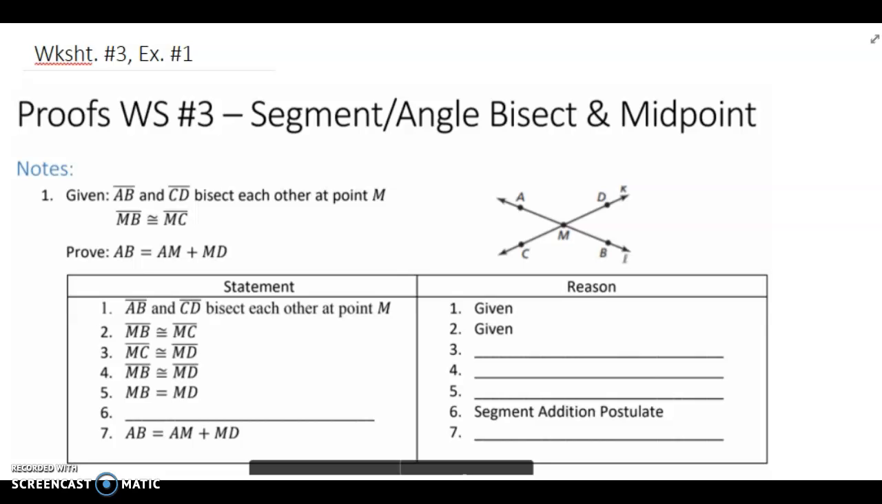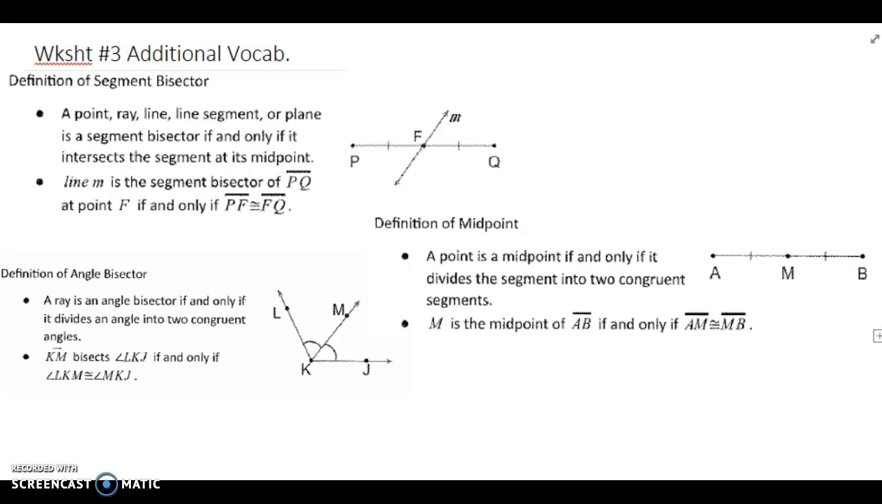All right, guys, let's look at worksheet number 3. Now, notice at the top of worksheet number 3, it says segment and angle bisect and midpoint. So most of these proofs we're doing here have to do with segment and angle bisectors and also midpoint. So before we do this, let's look at what segment bisectors, angle bisectors, and midpoints